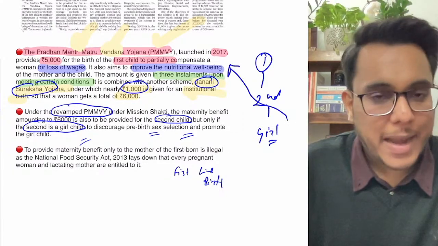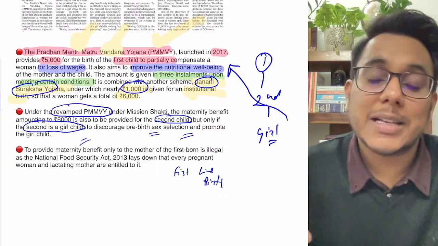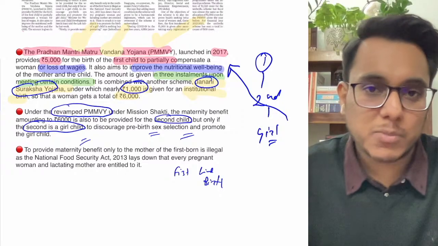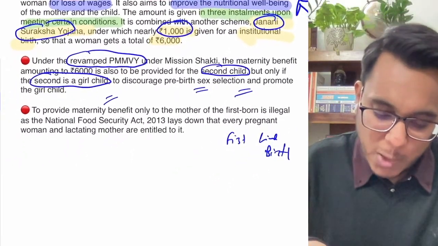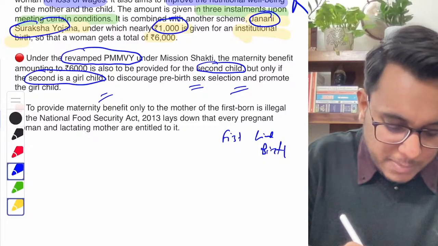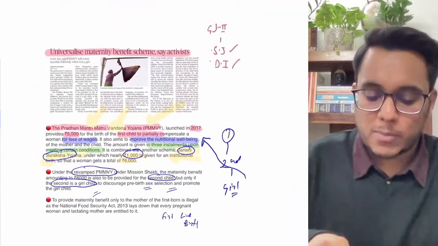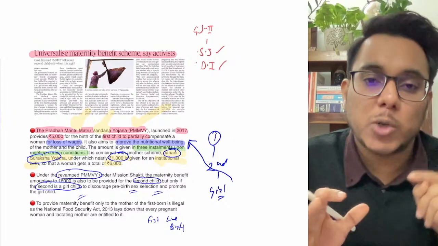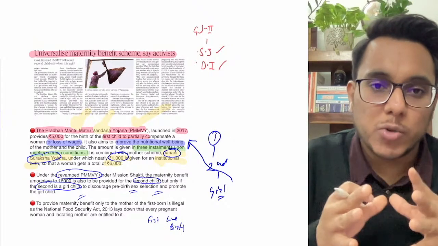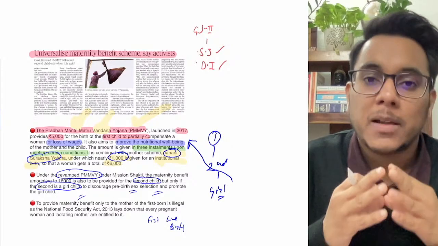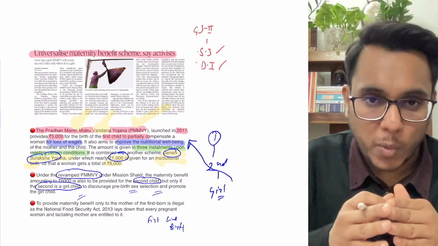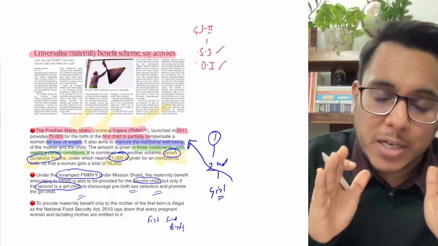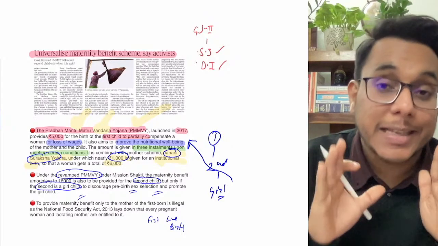Now guys, some people appreciated it. Yes, very good, the girl child will now be favored. But there are criticisms also for this scheme. What is the criticism? Guys, I need to tell you something. We have the National Food Security Act that was passed in 2013. Under the National Food Security Act, it is provided that subsidized food grain will be provided at the rate of 3 rupees, 2 rupees, 1 rupee. In total, 66% of the population of India was to be covered.